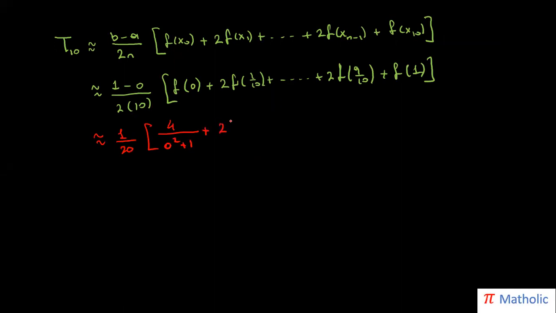The other one is going to be 2 times 4 over (1 over 10) squared plus 1. It keeps going like this. I'm going to write the last one here. I skipped all this. The last one is going to be 4 over 1 squared plus 1. If you use your calculator, the answer you're going to get here is